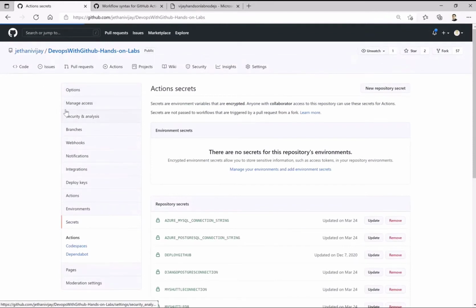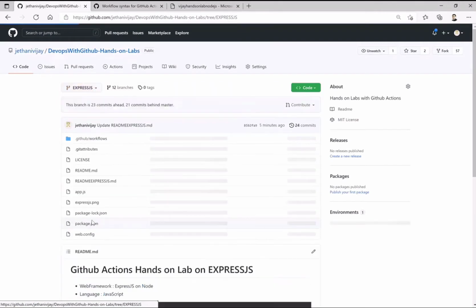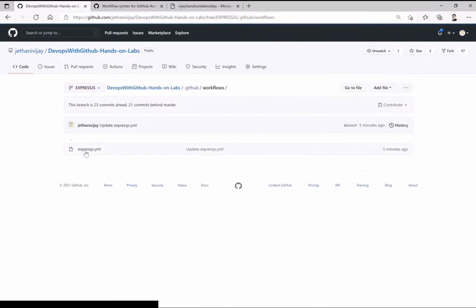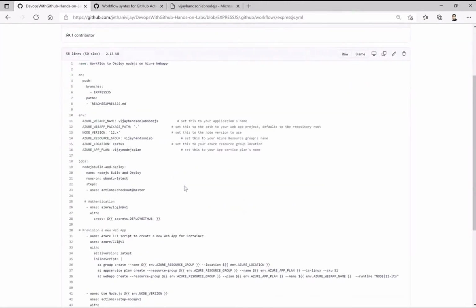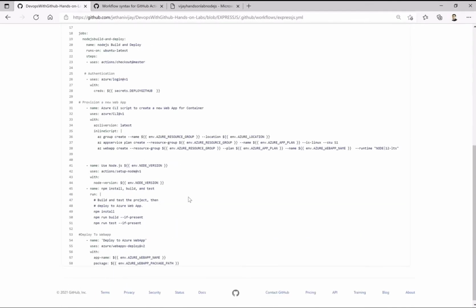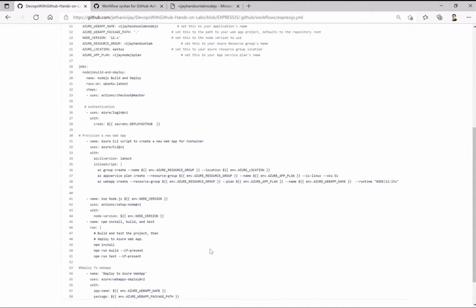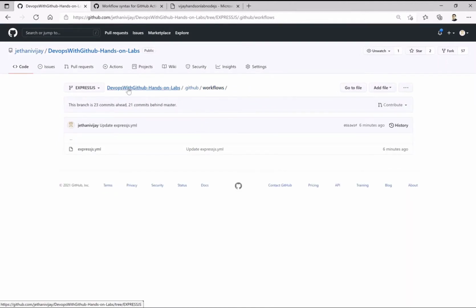Following that, we went to the workflow and made changes to the workflow variables, so that we are very specific and there is no conflict with anyone else on Azure using our naming convention. These are some of the variables where you have to change the name. Then you create the services, do the build and deploy part, and finally deploy the code to the website. That is what we followed in a simple way on this Node.js.